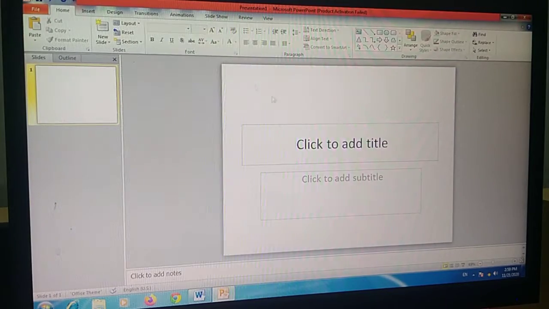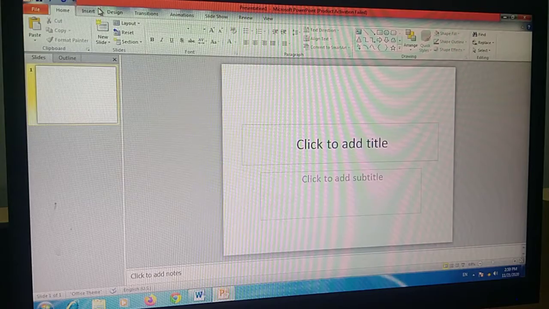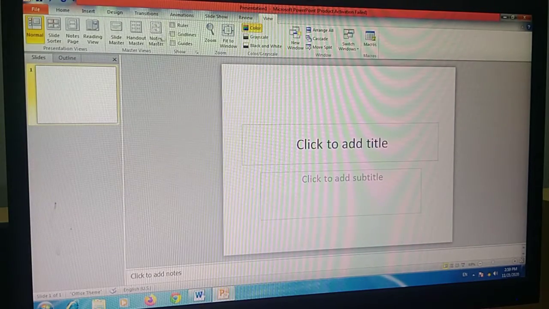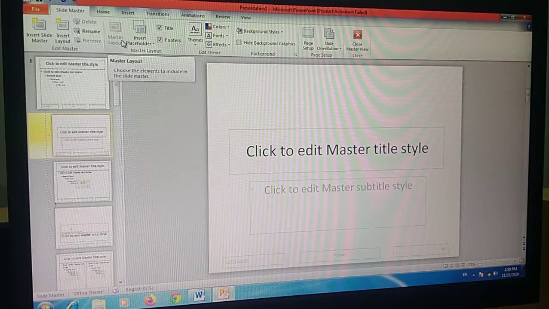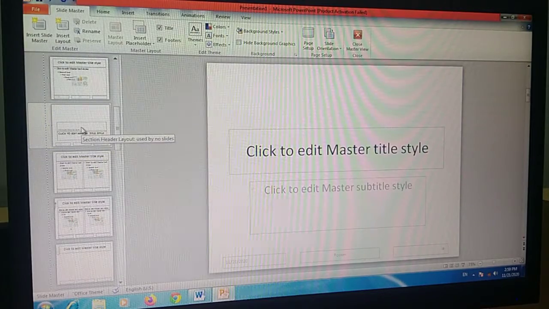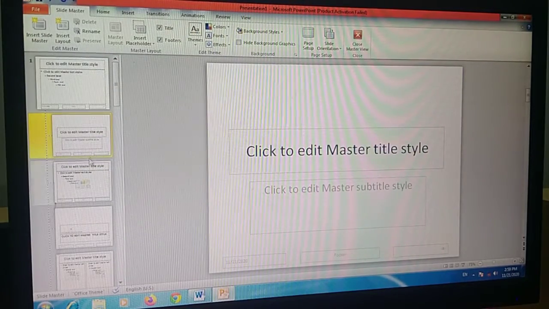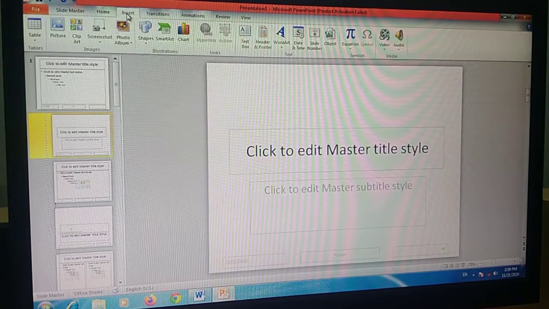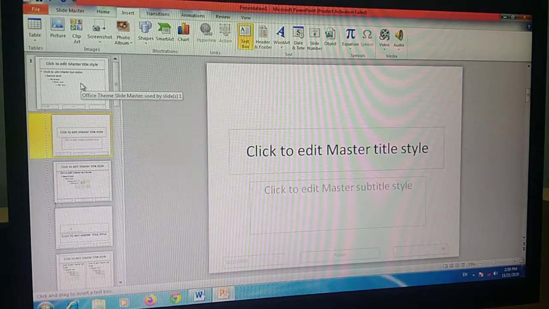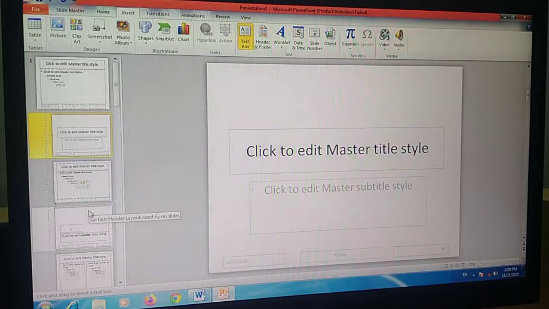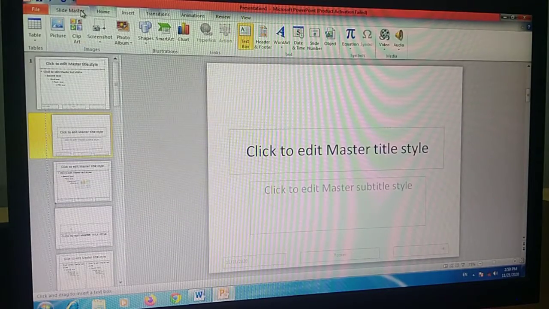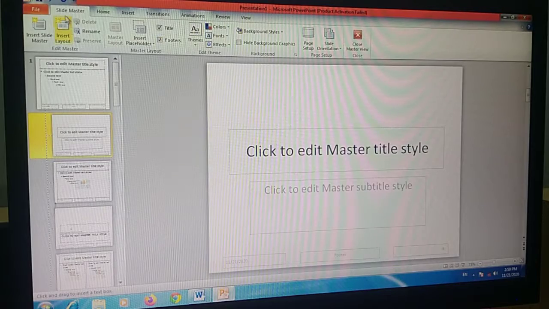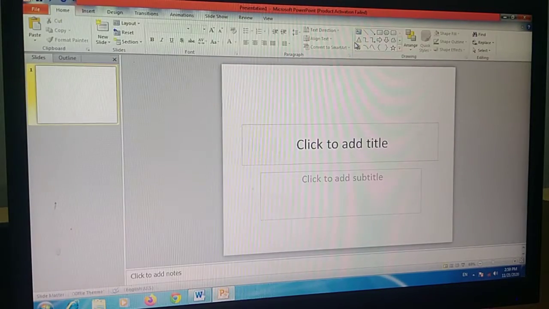This is the way you can use the slide master. I am repeating again. First you have to click on the view button. After that slide master, then you can choose any slide from here. After that click on the insert tab, then select a text box. Type GHKV, and all the text which you have written will show in all the slides. After that click on slide master. Then click on close master view. You can see the master view has been closed.